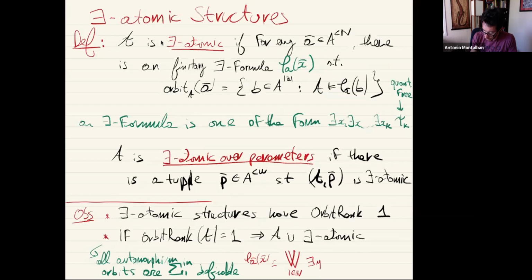That exists Y such that psi(X, Y), and this one is quantifier free. So each orbit can be defined by something of this form. Okay, but if this formula is defined in the orbit of A,